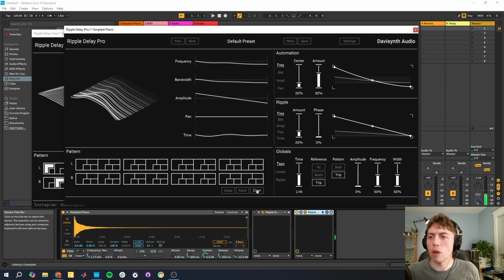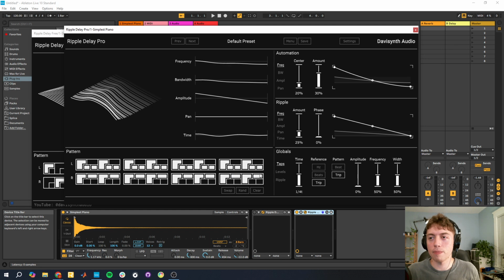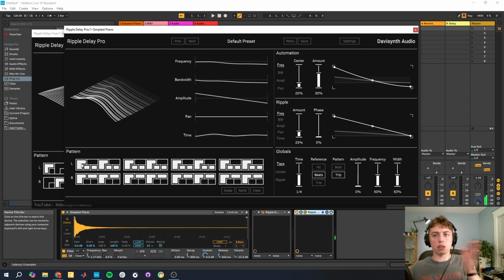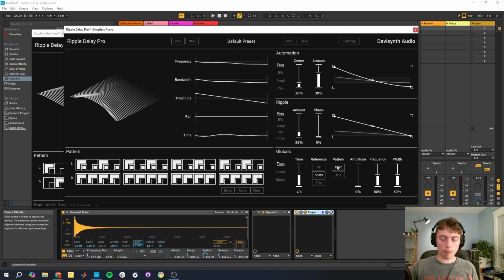And actually, one thing that might be better to illustrate this is by having the triplets on the left and the quarter notes on the right. So you get that da da da da da da da. Whereas with just the beat,